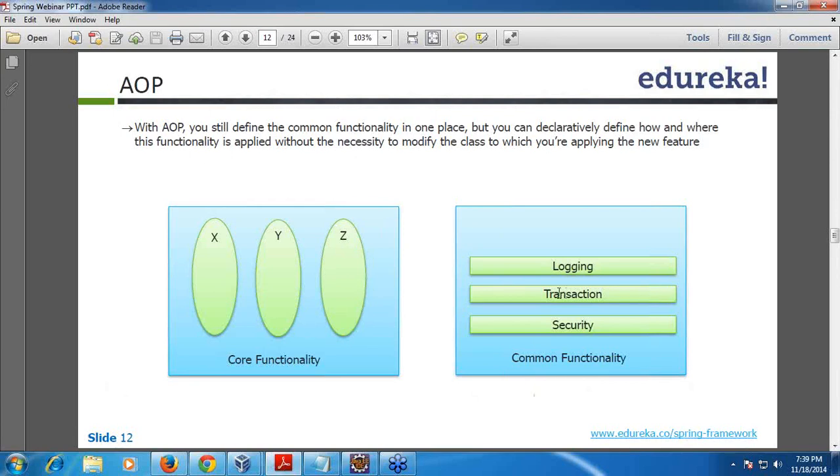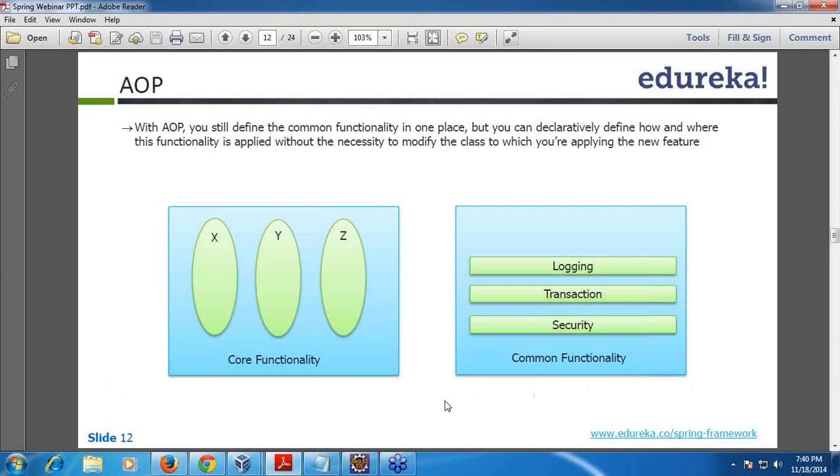By using AOP, we tell it that this logging should run before the ABC method of this class, or after the ABC method of this class. Assume you have ABC and XYZ methods in these classes. At the configuration level, we can say this logging has to be executed before this method, and this transaction method has to be executed before that method.